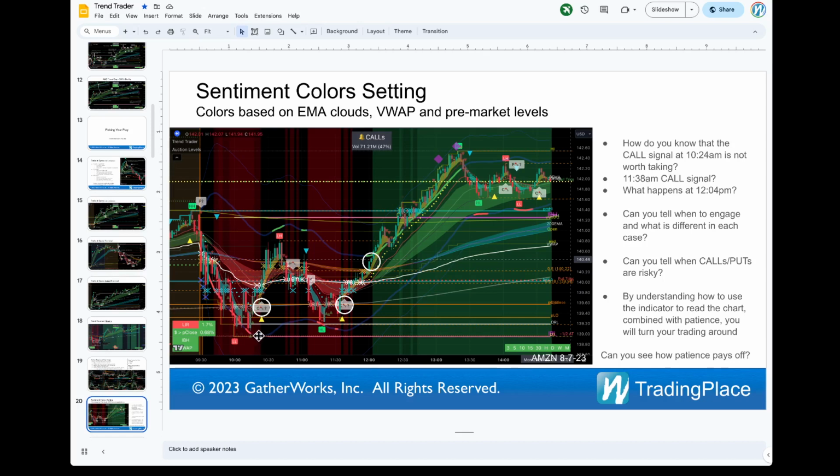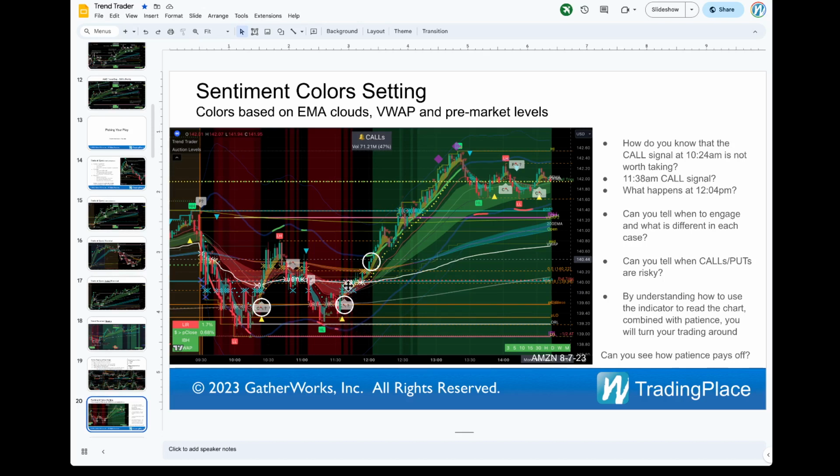Okay, so you can see here, we have a call signal, but we're in red. Can you take it? Can you make money? Absolutely. You get a put signal here, but you have a lot of chop. You see all these X's, stay away. You see all of the wicks, stay away. Can you take it and make money? Absolutely. You get this call signal. Can you make money? Sure, but look at all the X's, look at all the chop. Stay away.